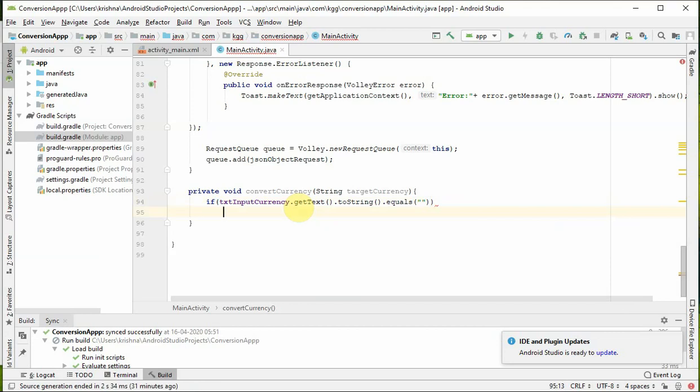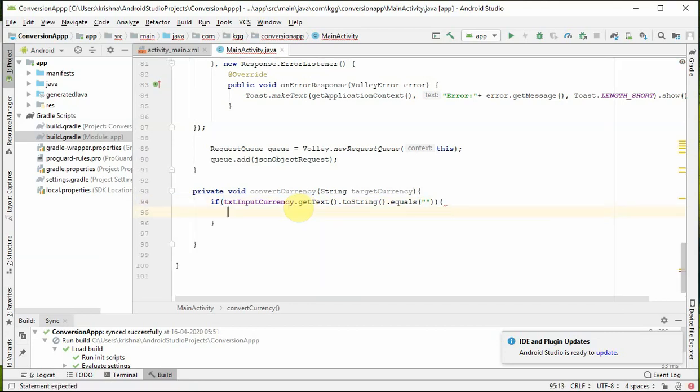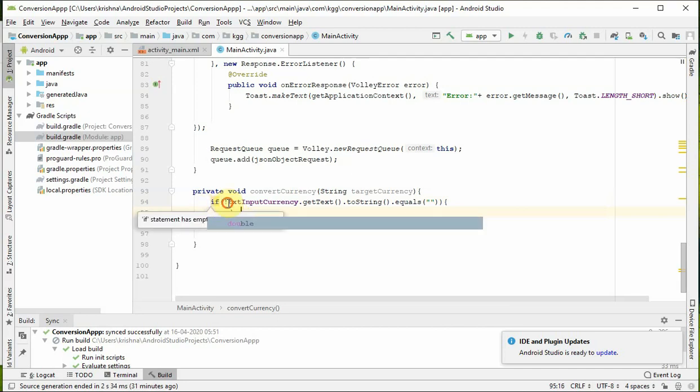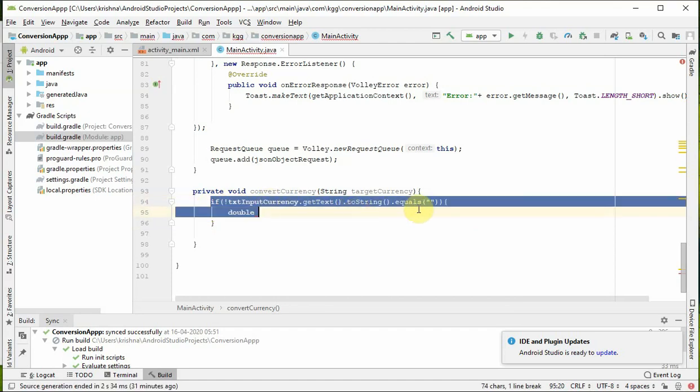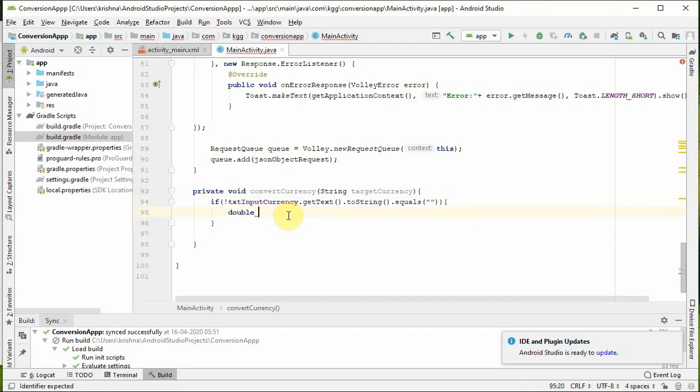then we are going to do nothing, or if it is not blank, so we'll do conversion. So I just put not here, so this inverted the condition. So and now we can convert. So in this condition, this input box is not empty, and we are going inside this if condition,